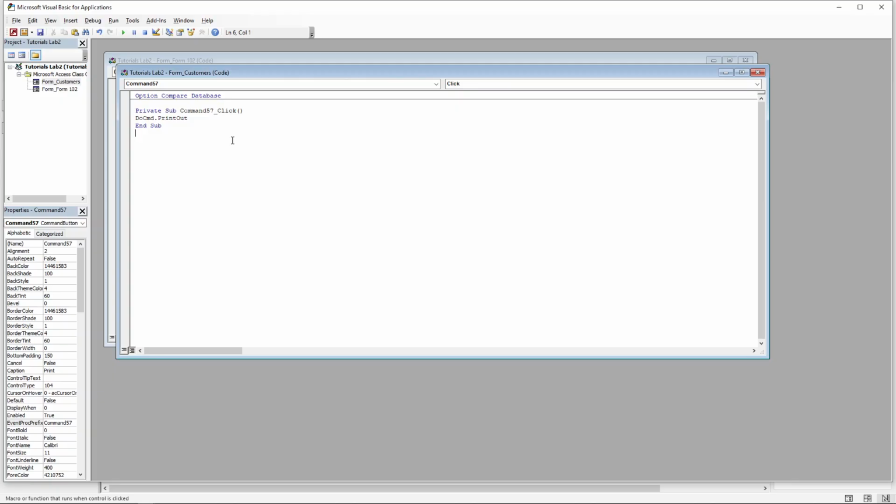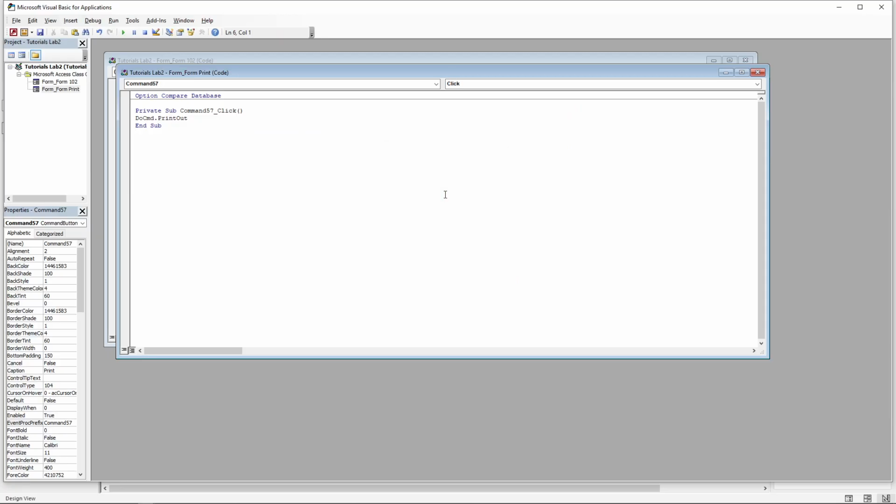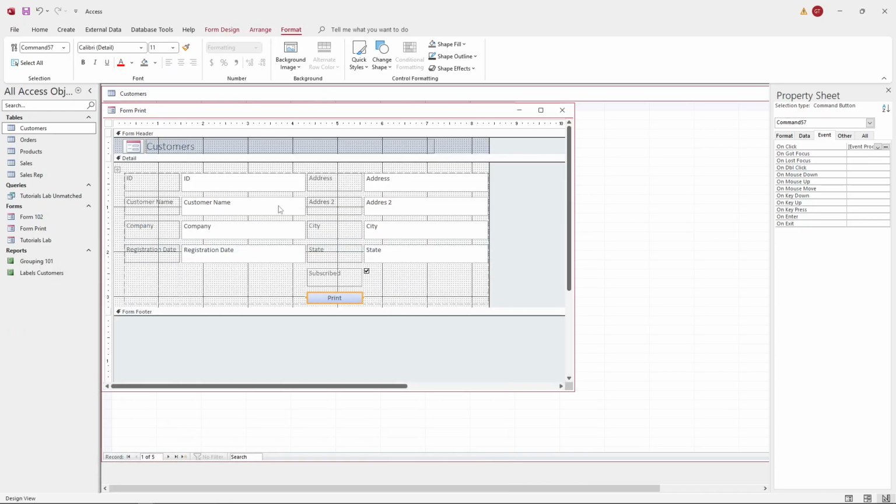Once the code is added, simply save the Visual Basic code embedded to your button. You can also save your form as well to retain the print function for future use. And that's it. You've successfully added a print button to your Microsoft Access form that users can click to print